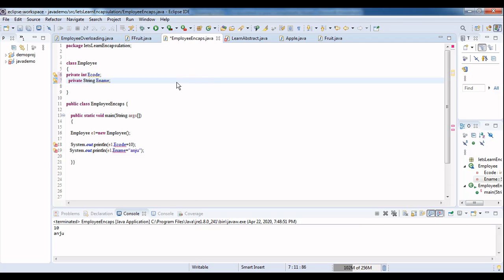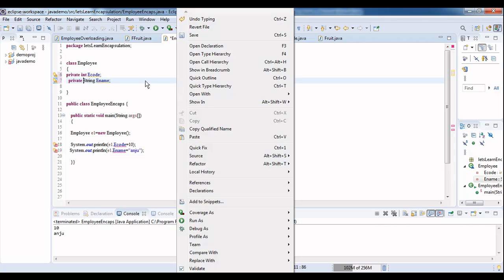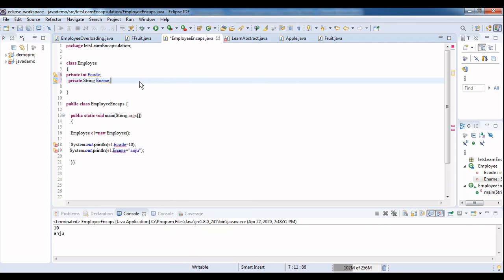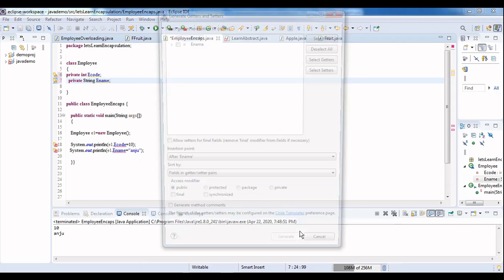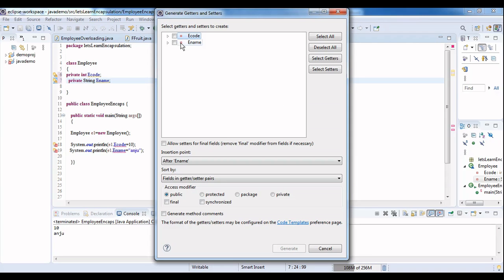I can access that by creating what we learned about in methods: public methods, getters and setters, right? So how to implement getters and setters is, in Source, I have to generate getters and setters. I have to click Generate Getters and Setters. Then I have two variables, employee code and employee name, that have been declared.